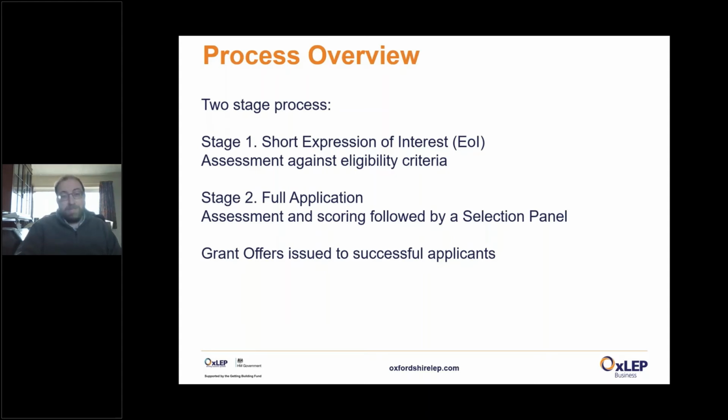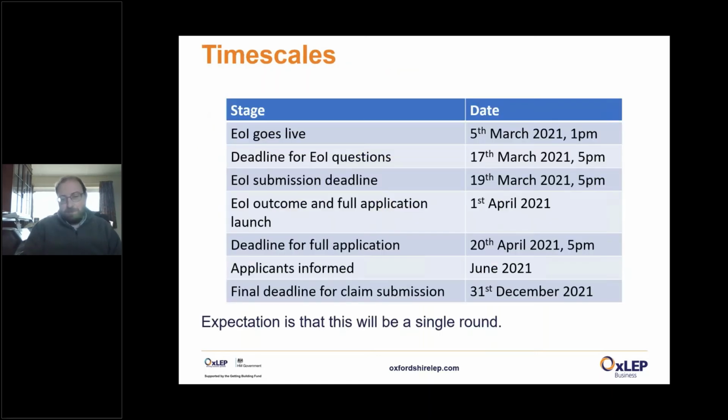And the second stage is then a full application, to which successful expression of interest applicants will be invited. The full application will then be assessed and scored, and then reviewed by a selection panel. And after that, grant offers will be issued to successful applicants. So in terms of the timescale,